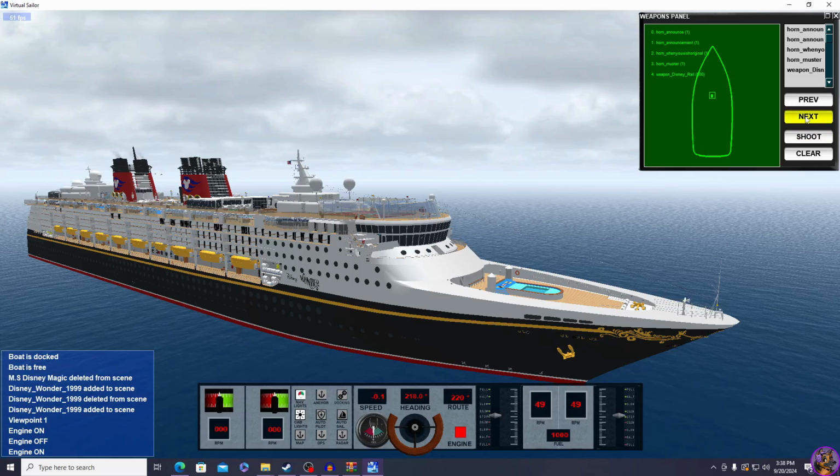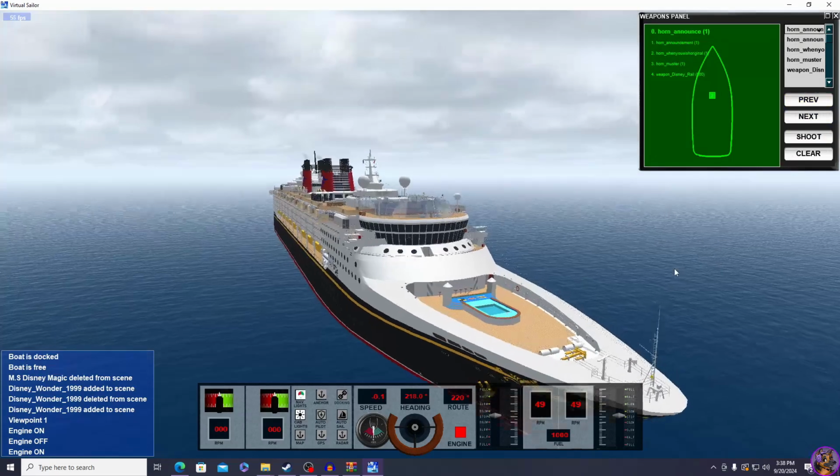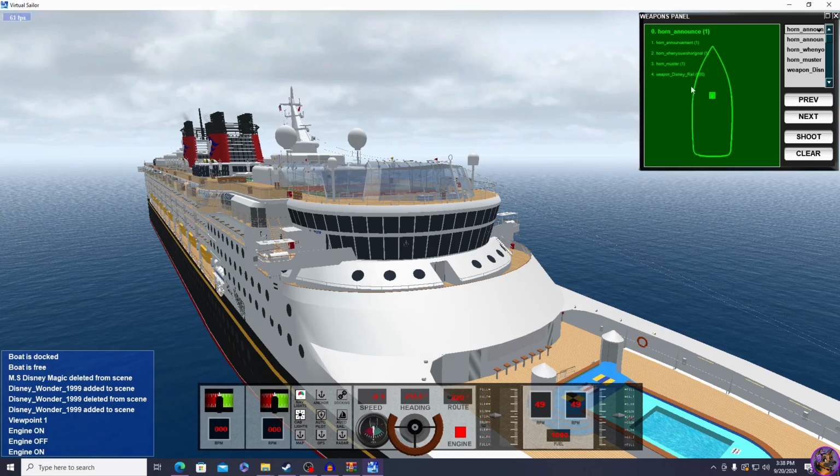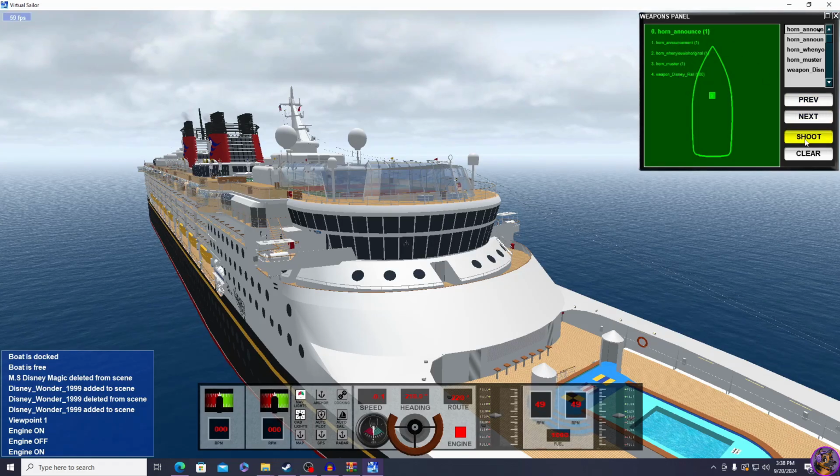But let me show you really quick. If you hit next, these are going through the weapons. The weapons are sounds, and I'll show you where those are stored and how, because that becomes really important for making custom sounds. We'll make a whole other video on it if people want it, but you gotta let me know. So if we just have it selected on here and you hit shoot or enter,